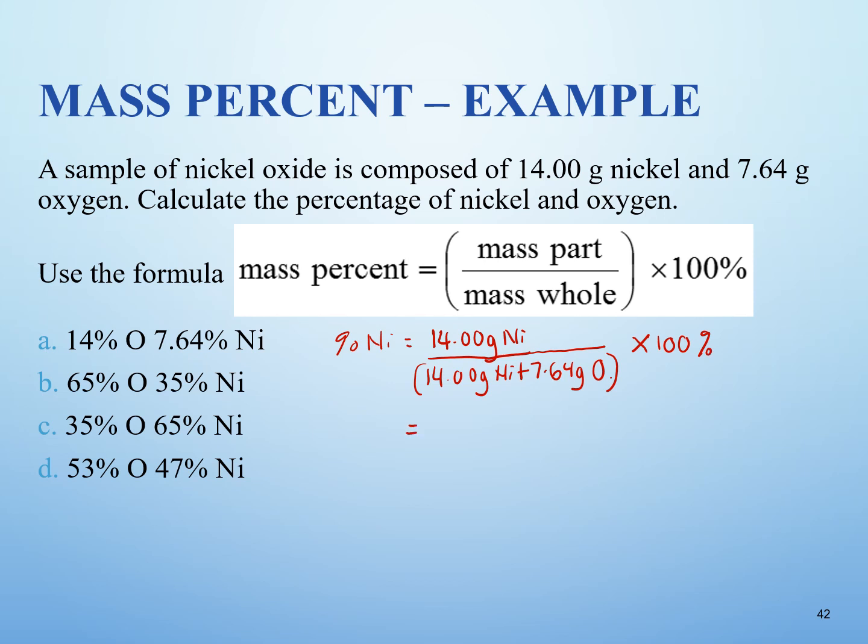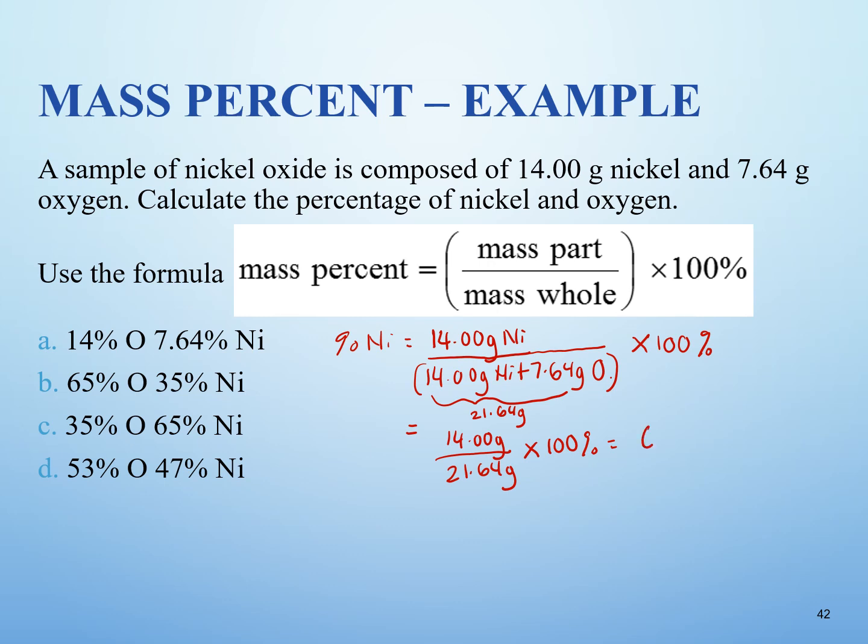So 14 plus 7.64 makes 21.64. So if you take 14 grams over 21.64 grams, you see how the grams cancel off? And then times 100,